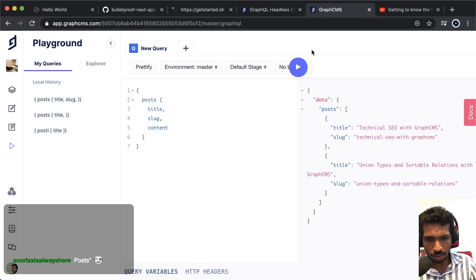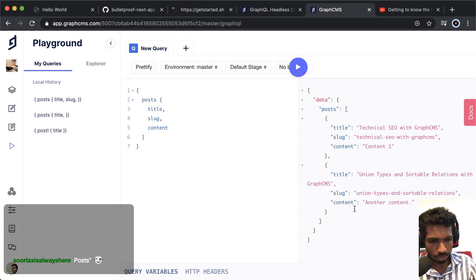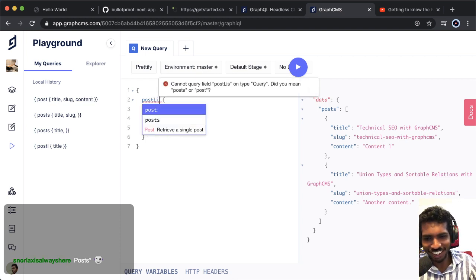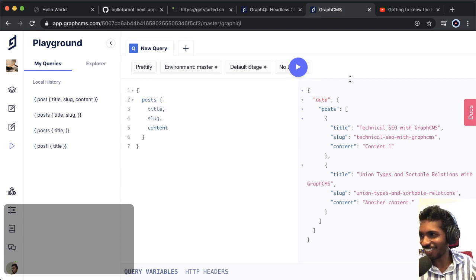And then we need content. This should be markdown. Yeah, we have it. Okay. Yeah, of course, that's a mistake we make. Post, I think it should be post list. I don't know, that's what I would think. All right, anyway,